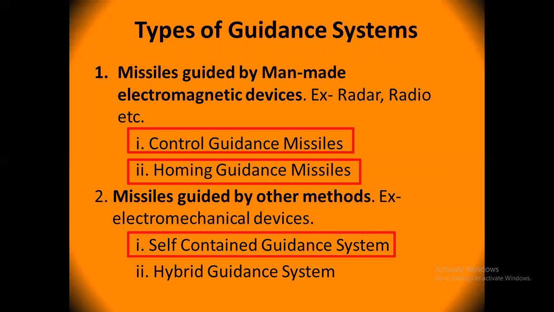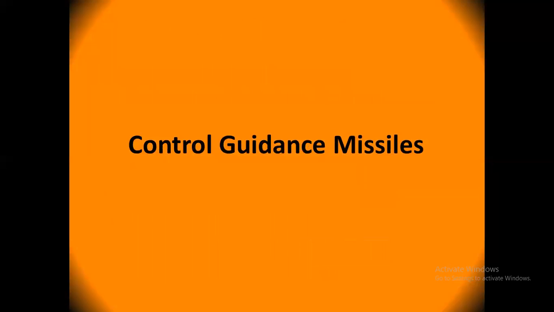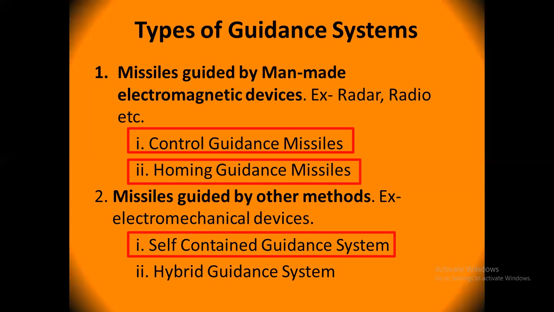Coming to the second category, missiles guided by other methods, they can be electromechanical devices. In that also, there are two different kinds of system: the self-contained guidance system, and the hybrid guidance system. But we won't be talking about the hybrid guidance system, because it's way beyond the scope of this seminar. Okay, now talking about the first category, I just want to clear up the index again. There are two different guidance systems. One is